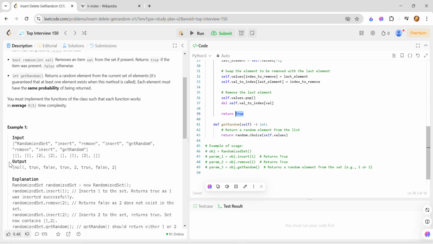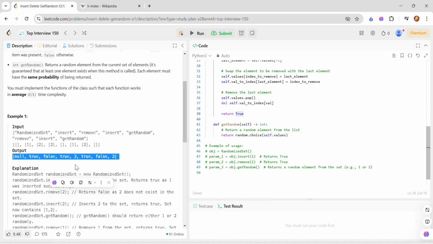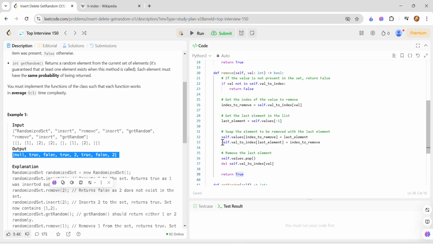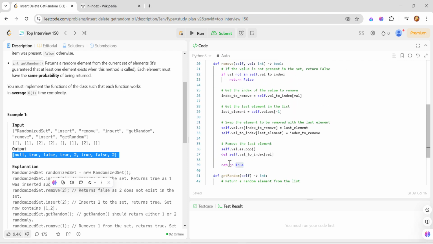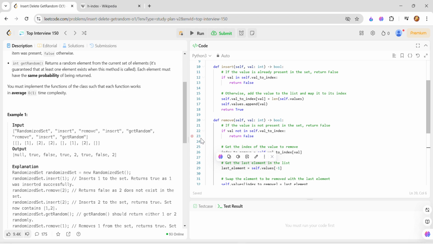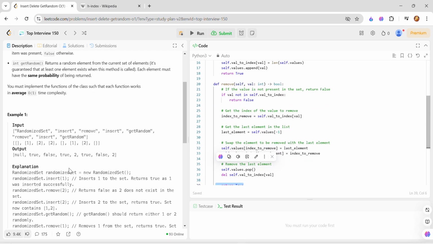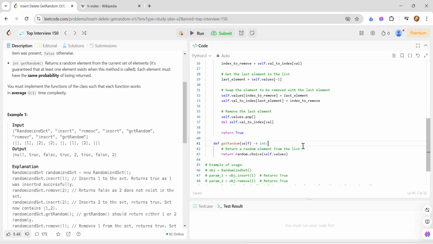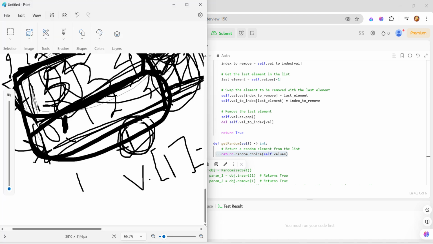Here we have to output true, false, false, true for the insert and remove. So that's why we are implementing the return values as false or true for the insert and remove functions. And when it compares to GetRandom, we will return the value. In the GetRandom implementation,